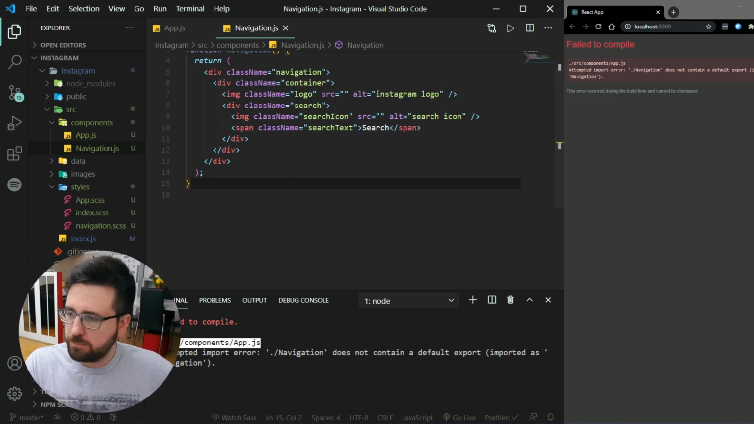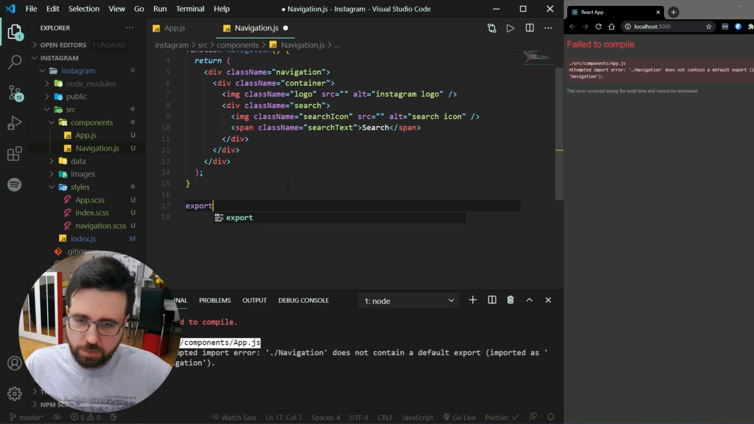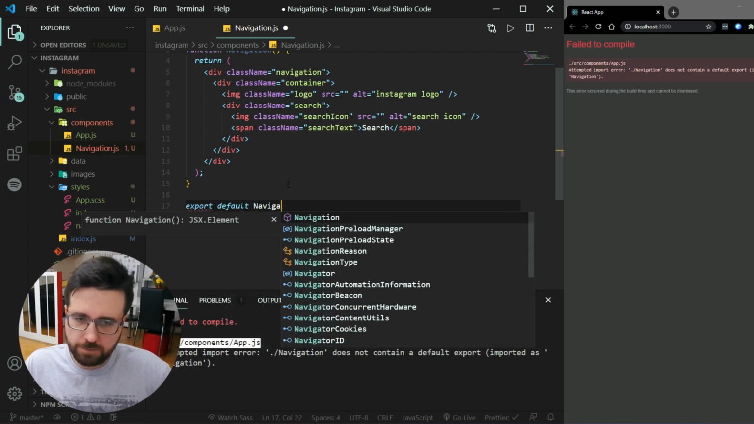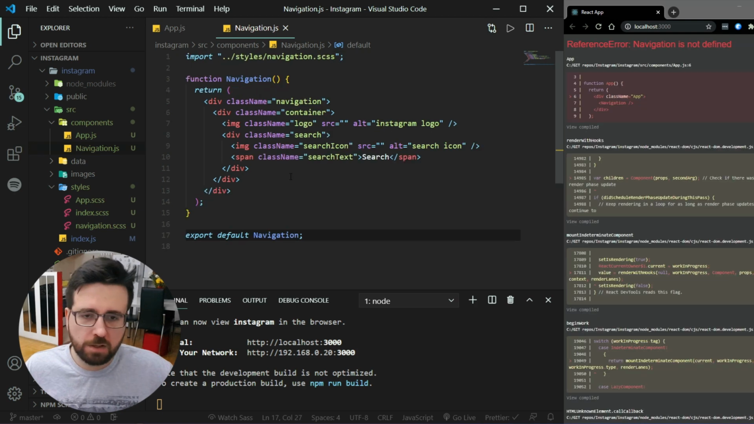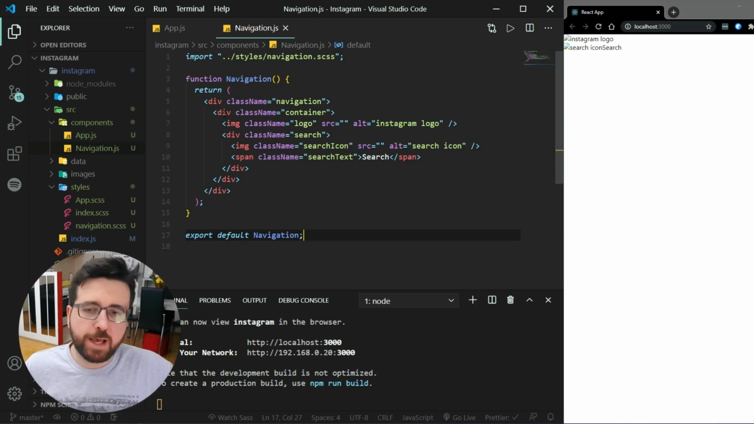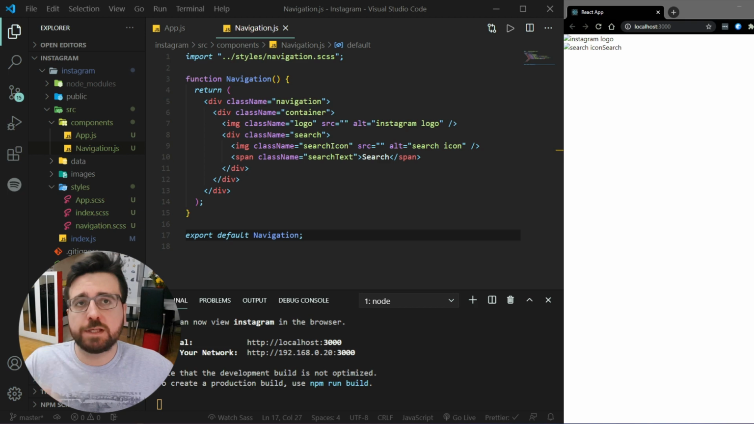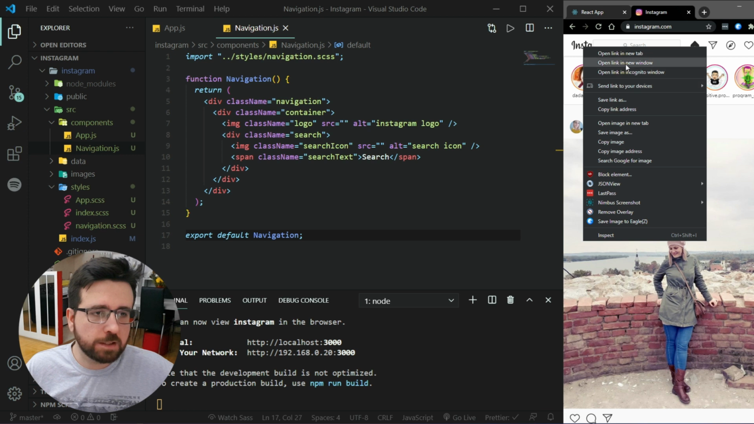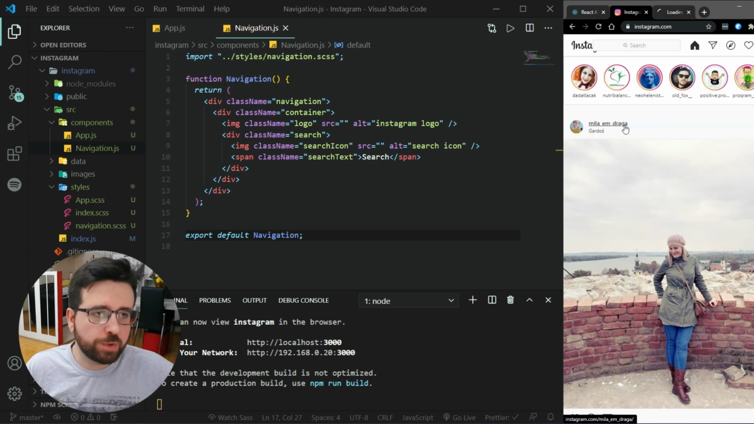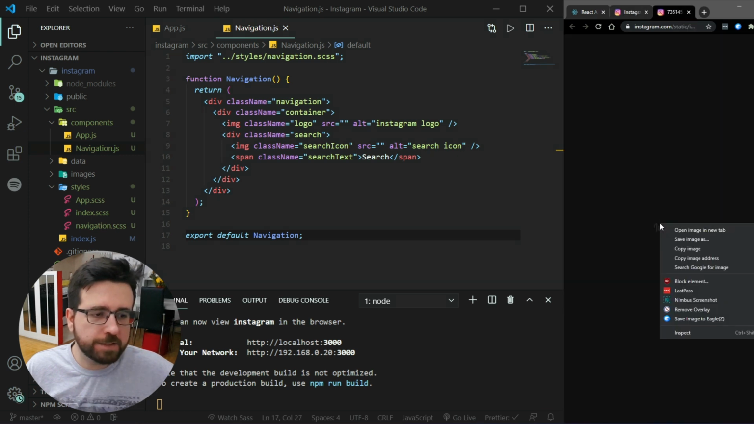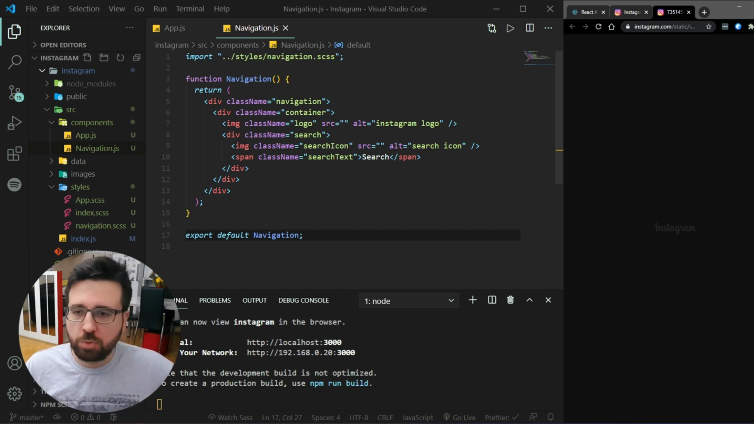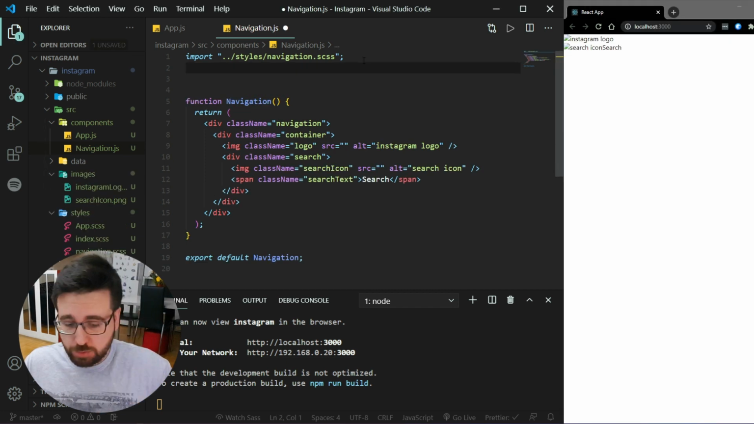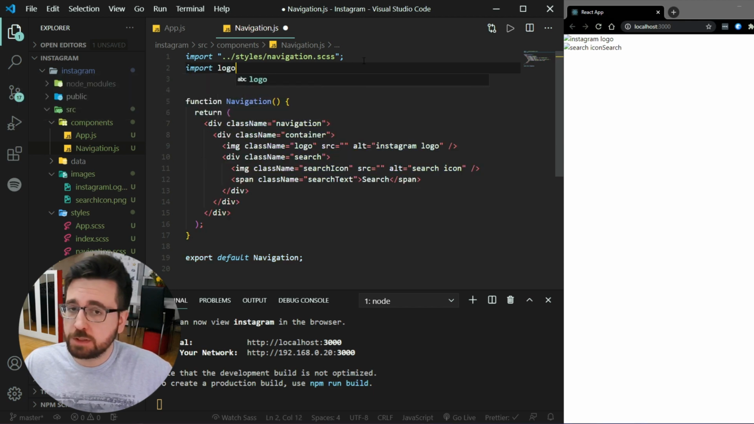And of course, we need to do export default navigation. And now we have everything in there. Now for the Instagram logo, I literally went to Instagram and it has a logo here. And I went to open image in new tab, and I basically downloaded this image. You can hit save image as, and you can move it to your images folder, which I am going to do right now. For this to work, I need to import the logo